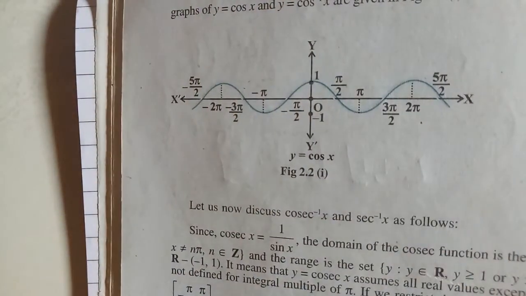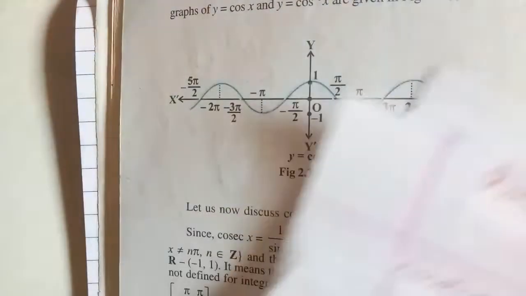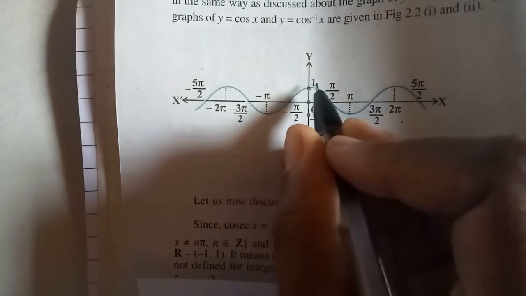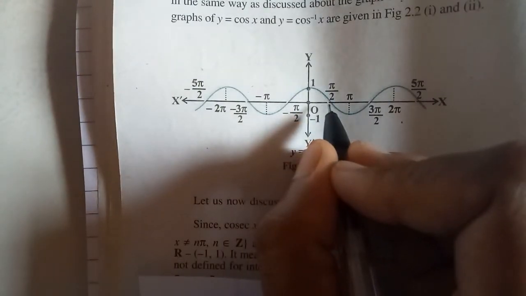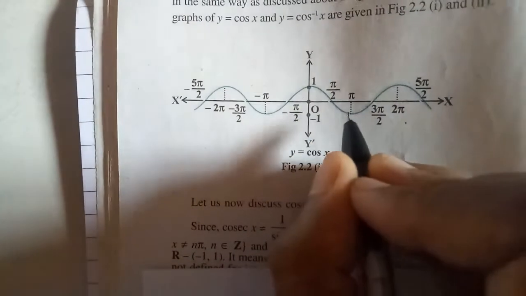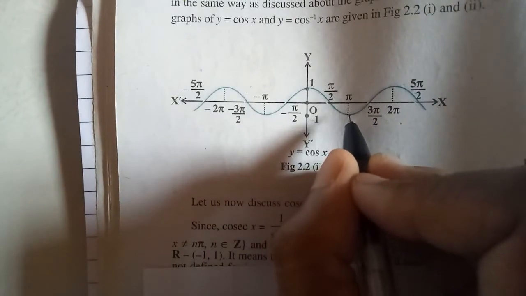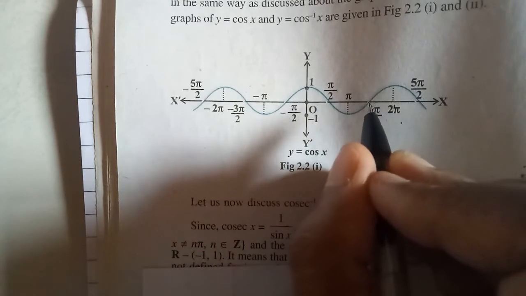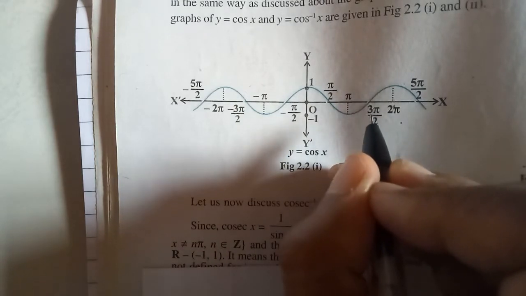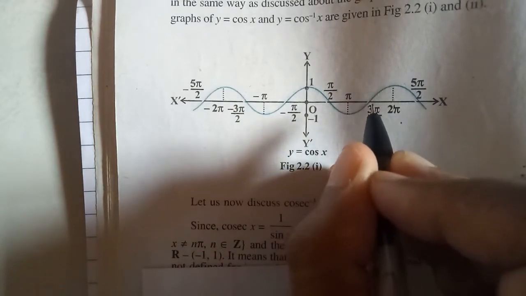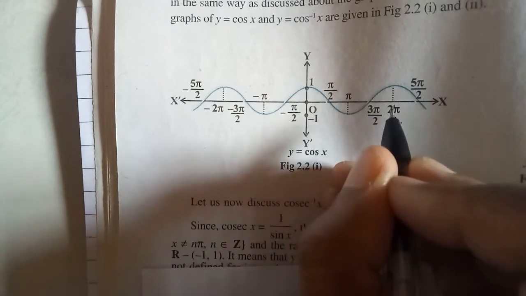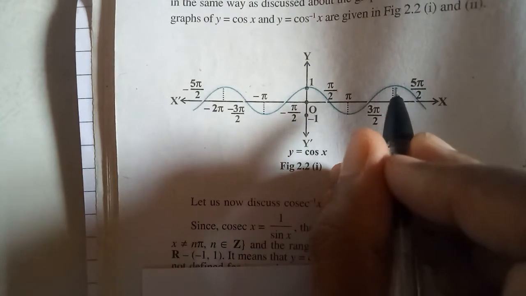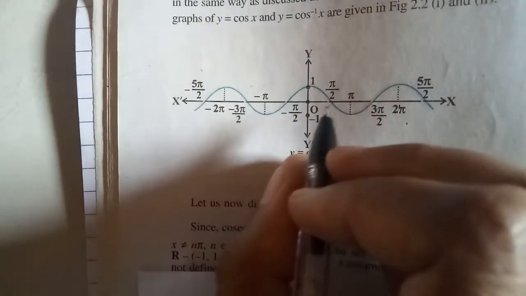Now let us look at cos function, children. Okay, now how do I read this? I read this: cos of 0 is 1, cos of pi by 2 is 0, cos of odd pi is minus 1, cos of even pi is 1, cos of odd multiple of pi by 2 is becoming 0 here, right? Can you see here 3 pi by 2? This is 4 pi by 2, that is 2 pi, right? So that is even, so that becomes 1. Again odd pi is becoming 0 here. This is how we read here.